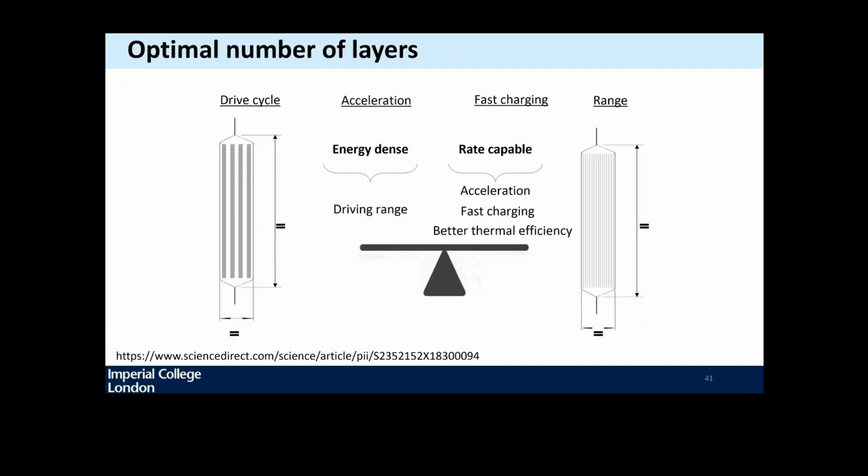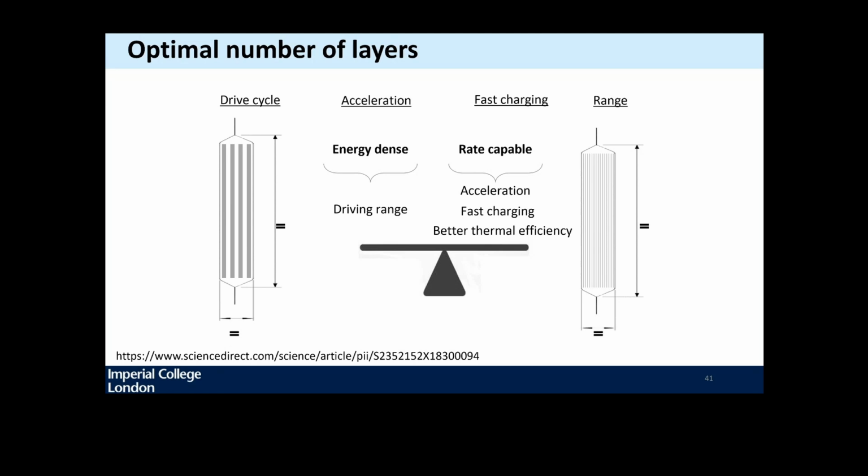And so this is again to see this balance: a few thick electrodes would give you good range and an energy dense battery, and lots of layers and current collectors inside the cell will give you good rate capability and power. And so the two extremes are clear in terms of what we understand from the battery, but